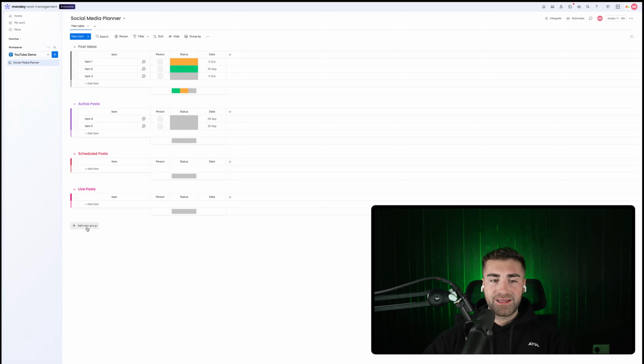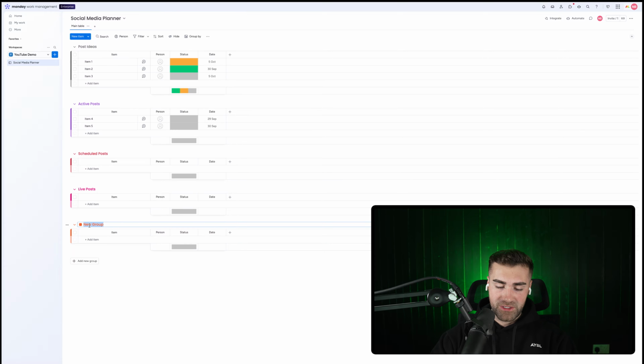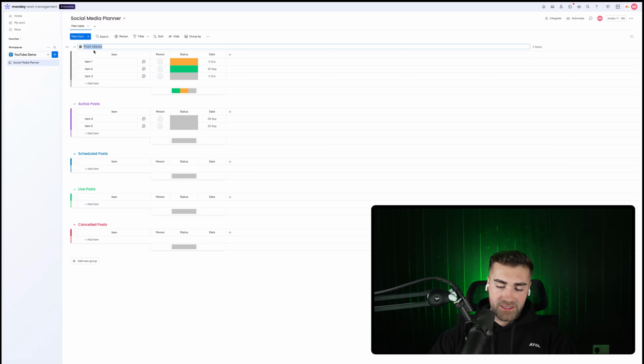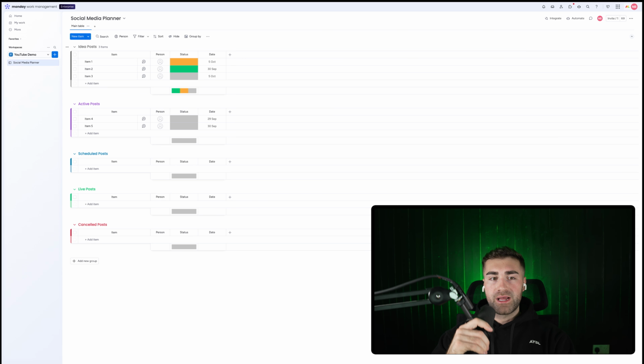So those are probably the stages of the process. And then we would have cancelled or declined or non-starter posts as well. So cancelled posts, and hit enter. So as far as I see it, those are the different stages of the process. So cancelled, we would have live, we would have scheduled. This could be in like a blue, and then post ideas. I just call this idea posts, just so the naming makes sense. So idea, active, scheduled, live, and then cancelled if it didn't make it past any of these various stages of